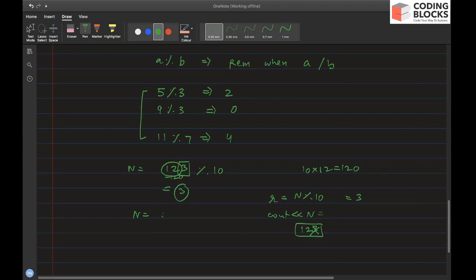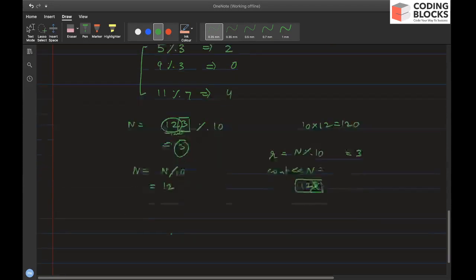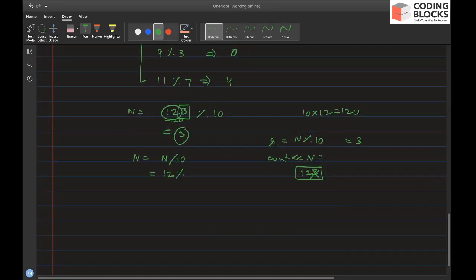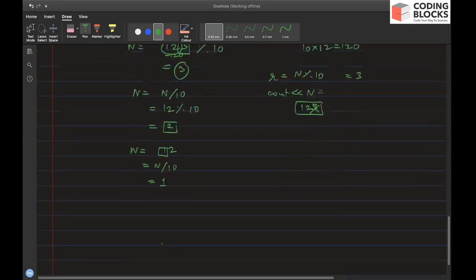So what you can do is say, next time I'm going to do n equals n divided by 10. This is going to make n as 12, and now if you do mod with 10, you will get the next digit as 2. Now n is 12, and you want to extract this digit, so you say n equals n divided by 10, so you're left with 1. If you do 1 mod 10, you will get the last digit, which is 1. So this time you have n equals 1, and if you do n equals n divided by 10,